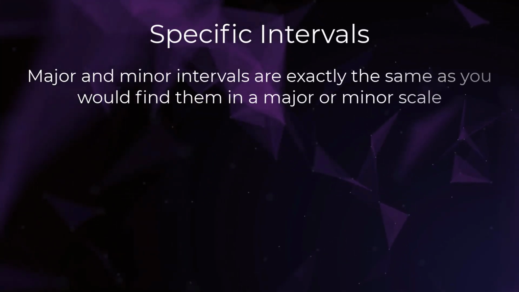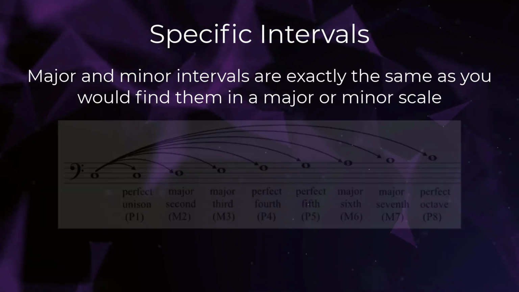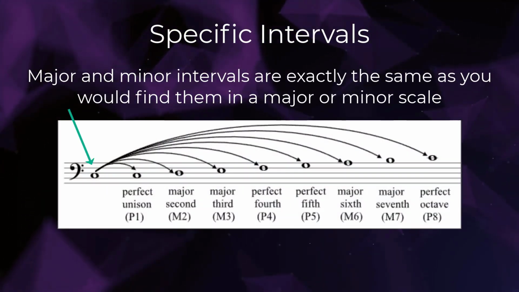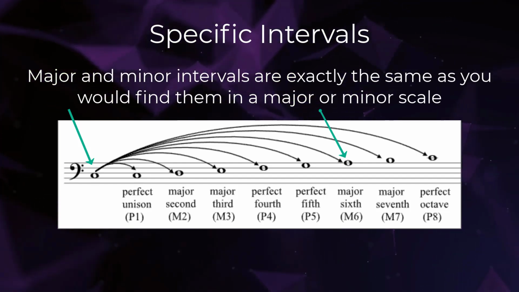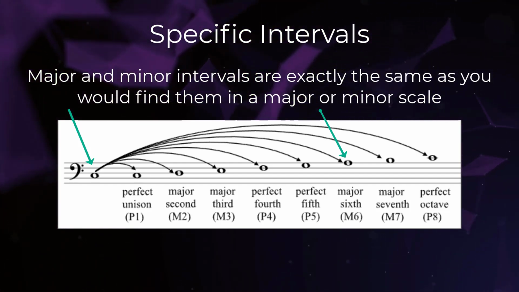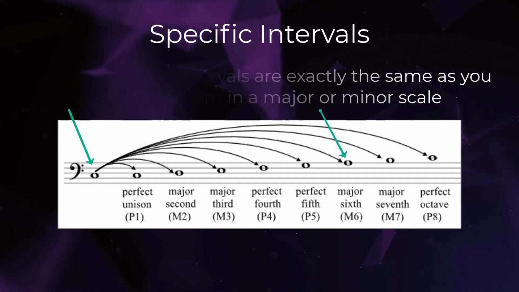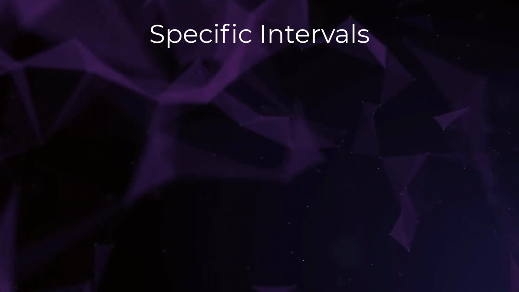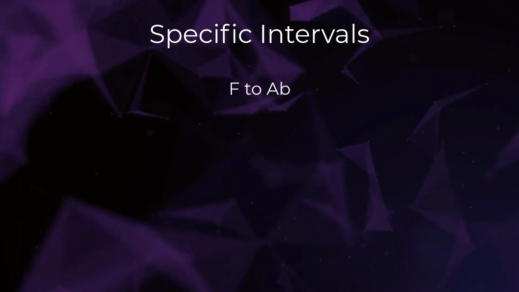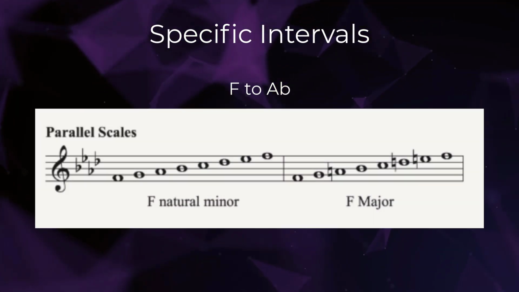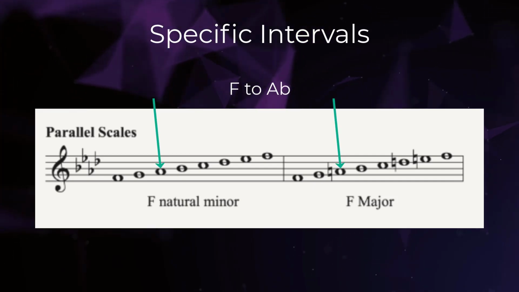Major and minor intervals are exactly the same as you would find them in a major or minor scale. So if we travel from a C to an A natural, that is some form of sixth. As C major has no sharps or flats, this distance would be a major sixth when speaking specifically. Likewise, if we travel from F to A flat, this would be some form of third in generic terms. F major only contains a B flat, but F minor has an A flat, so this would be a minor